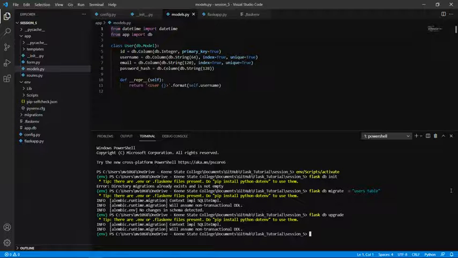Alembic maintains a migration repository, which is a directory in which it stores the migration scripts, not the database. Each time a change is made to the database schema, a migration script is added to the repository with the details of the change and its sequence. To apply these migrations to a database, the scripts are executed in the sequence they were added. That is taken care of internally by Alembic.